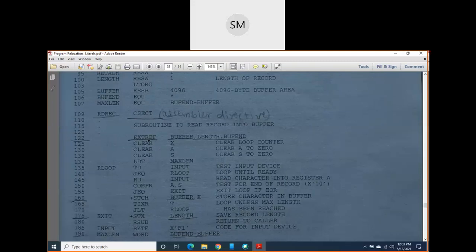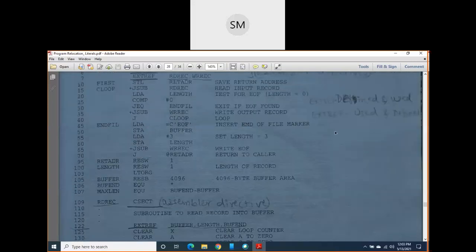What is this external reference telling? External reference is nothing but some symbols I am using in this control section, but they have not been defined in this control section. They have been defined somewhere else, in some other control section. Are you understanding now?